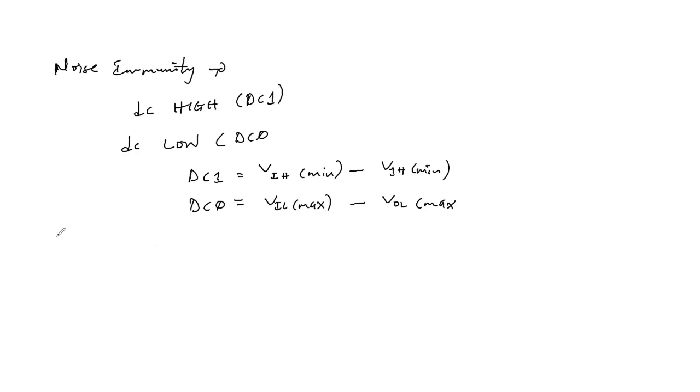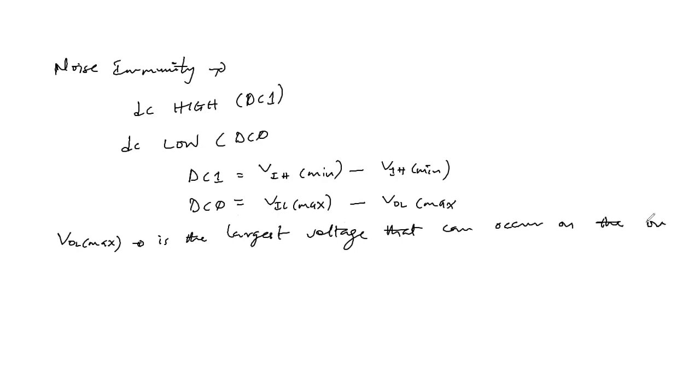So V0L max is the largest voltage of the output